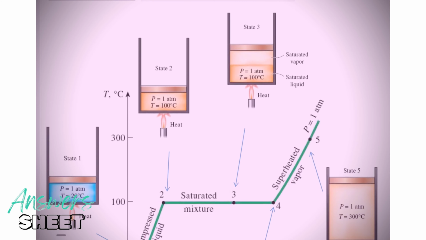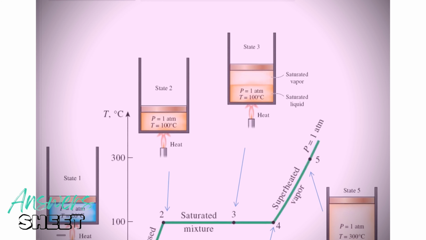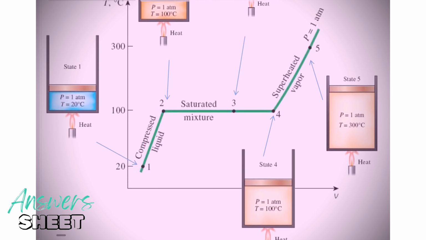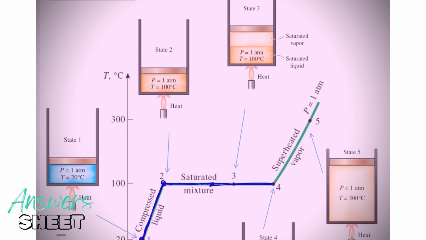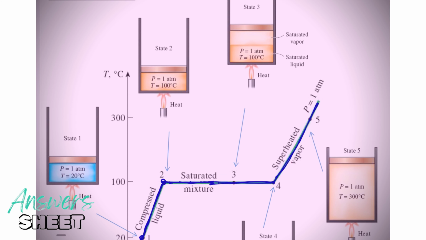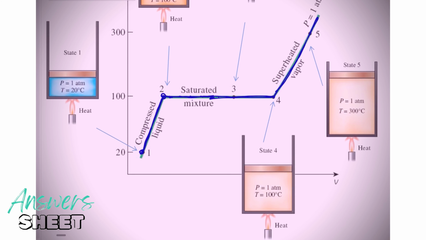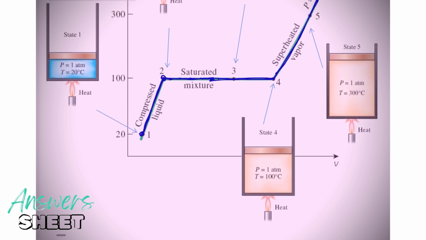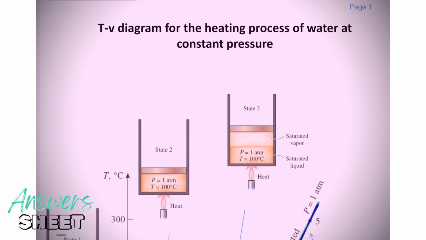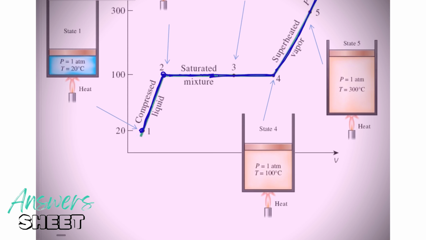Right here, I took the figure in the book and tried to edit it to visualize it. This is what we were doing. We start right here. We add some heat. It gets to the saturation temperature, and then a little bit of liquid changes to vapor, from 2, 3, 4, and then we have a superheated vapor anywhere above 4. So this is a constant pressure phase change, a T-v diagram of water at constant pressure.